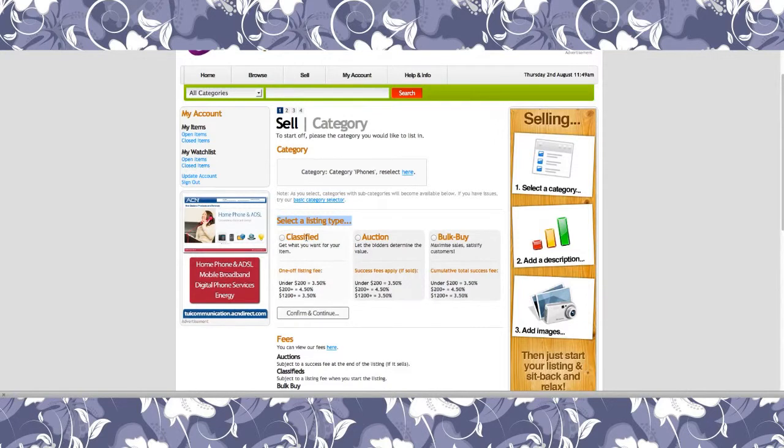So classified is sort of like when you have a fixed price that you want for your item. For instance, you're selling a car for $10,000, you want $10,000 for it, whereas an auction's more determined by the bidders. You consider a reserve price, which is the minimum amount of money you wish to get for the item before